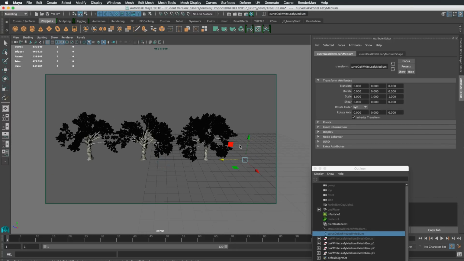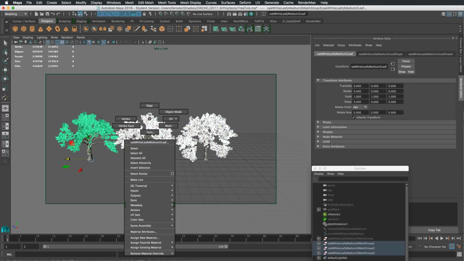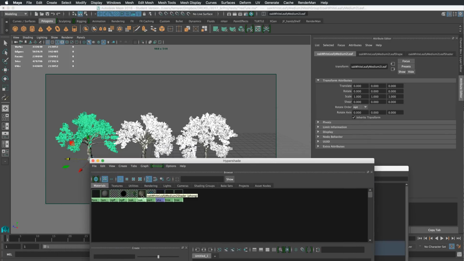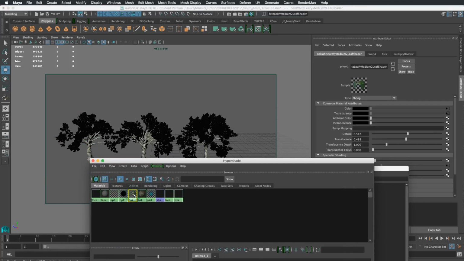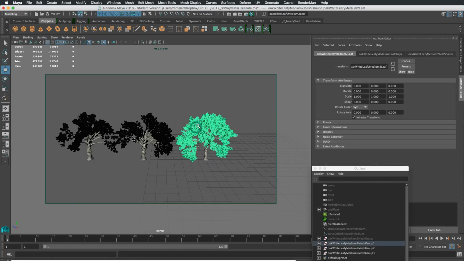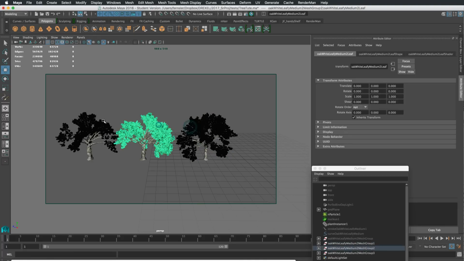I can do this with a whole variety of different plants and create a library of a few of these. So I'm going to take these leaves, and I have a material made. Well, let me just show this real quick. What happens here is it makes a set of pretty bad materials to put on your tree as placeholders. So I'm going to grab these leaves,